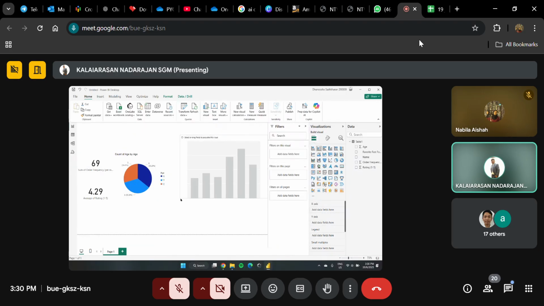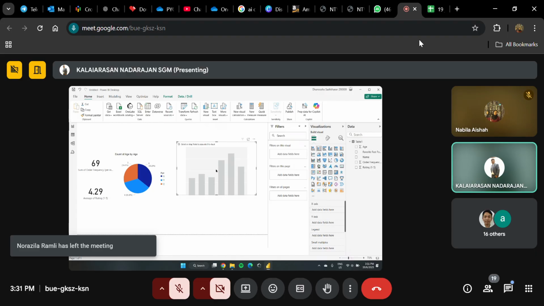Okay, what is a bar chart for? To visualize something, to show that something is higher or lower. So like a category. Which category is the highest, which category is the lowest. Okay, so for example,